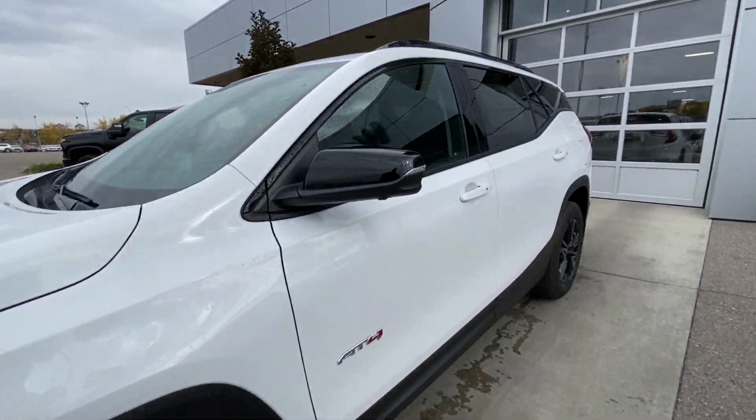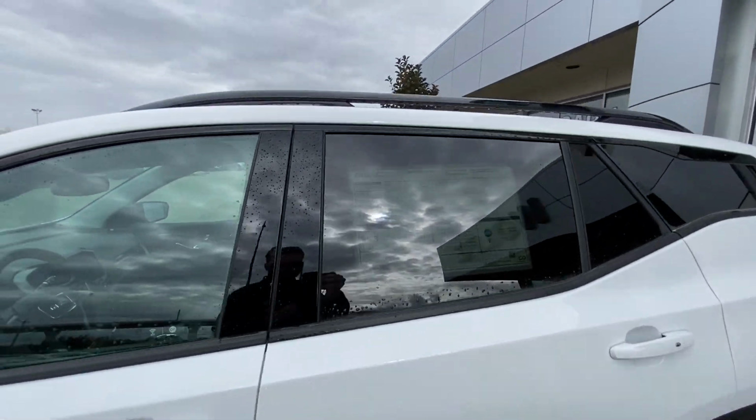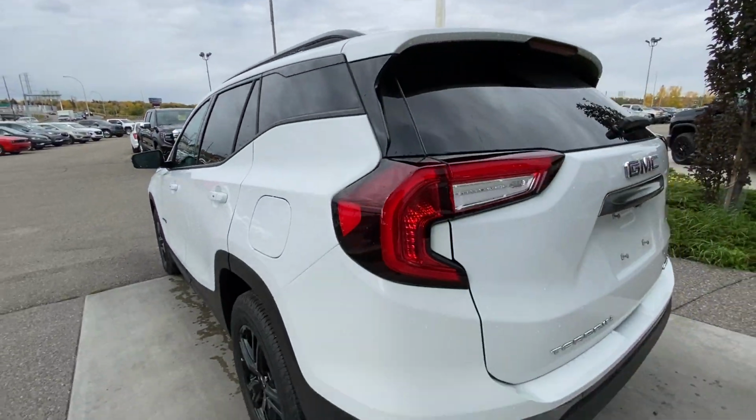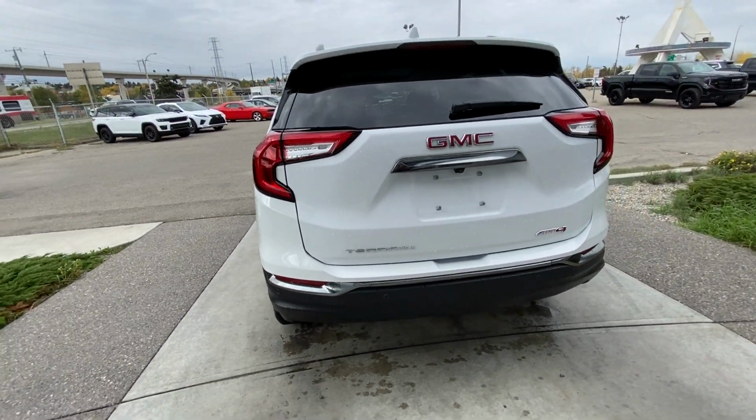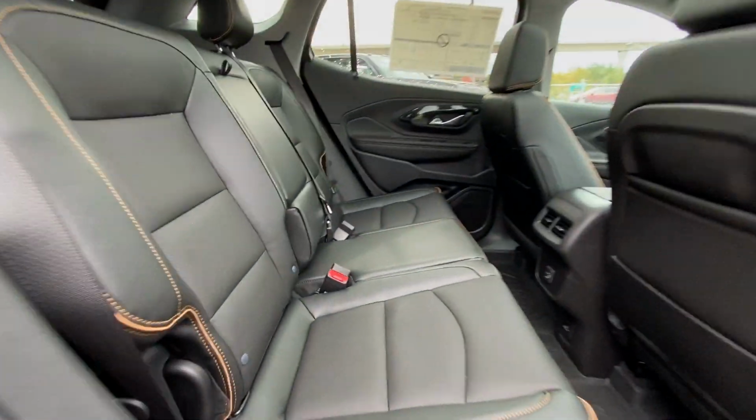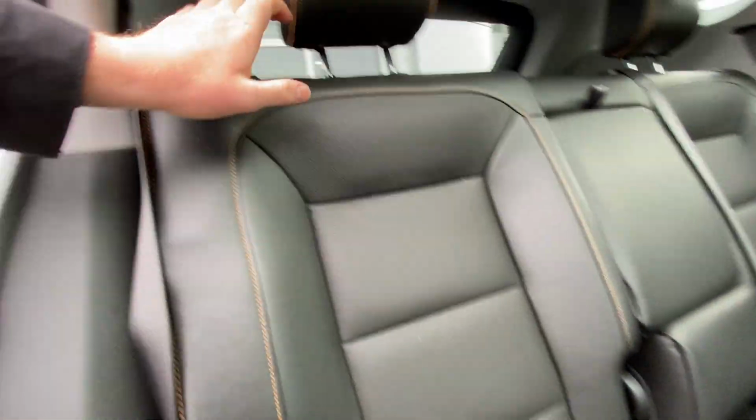Back down the side of the vehicle, this SUV is remote start equipped. Rear tinted privacy windows with black trim all around. Roof rails are installed. Around the back of the vehicle, we have the chrome Terrain AT4 and GMC badging all on the hatch. Heading back inside the Terrain, back seats here are car seat ready and easily collapsible in a